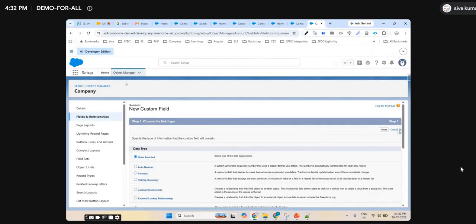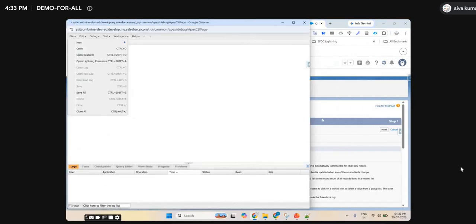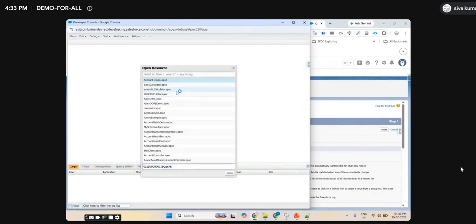Same way, Salesforce gives customer relationship management as a service, and PaaS, platform as a service. They have their own Apex programming language, so there is no need to download any software for that. You can just open the developer console and open a resource.